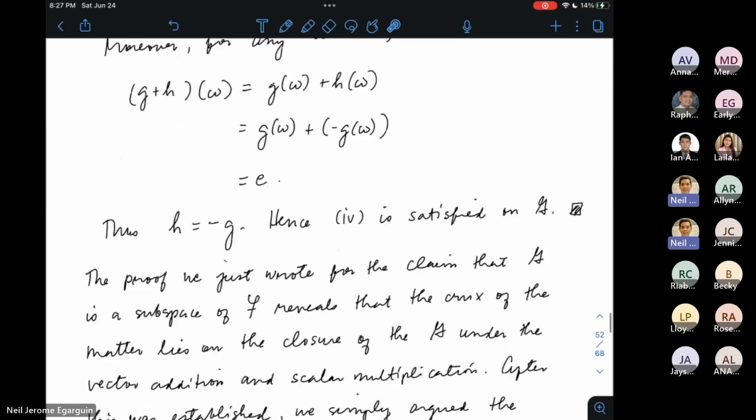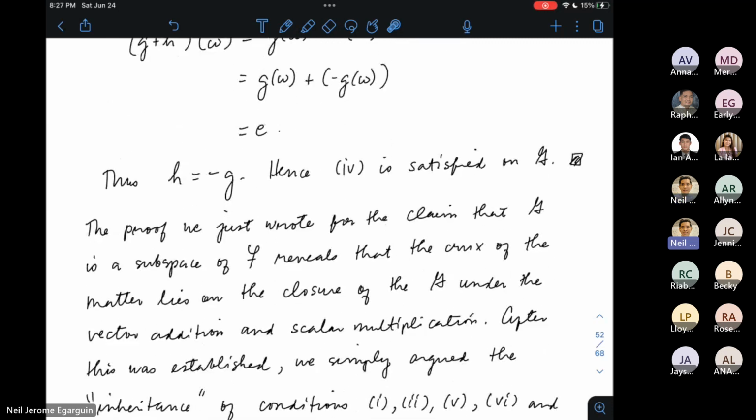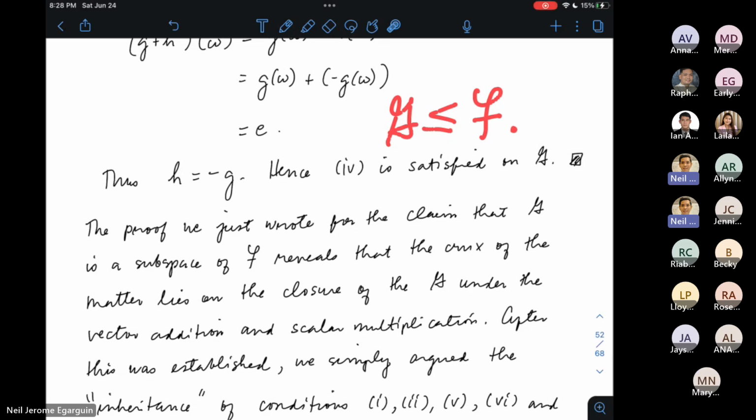Right? And so that means subspace ni curly F si curly G. And usually we write it this way, although hindi ko naman yata ito ginamit dito, pero ito yung ginagamit natin para sa subspace. Kasi napakita natin na si curly G ay isang vector space on its own. And curly G is also a subset of curly F. Kaya siya naging subspace ni curly F. Okay? Any questions?